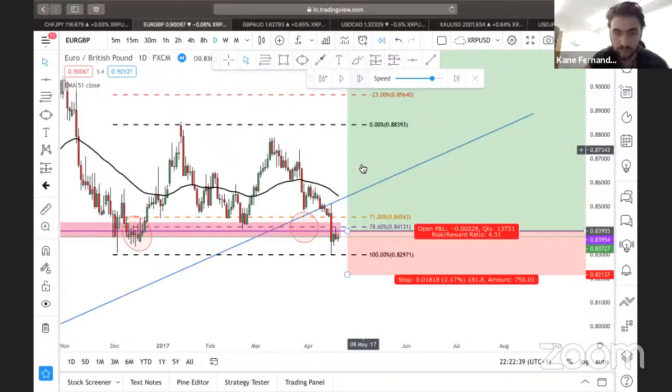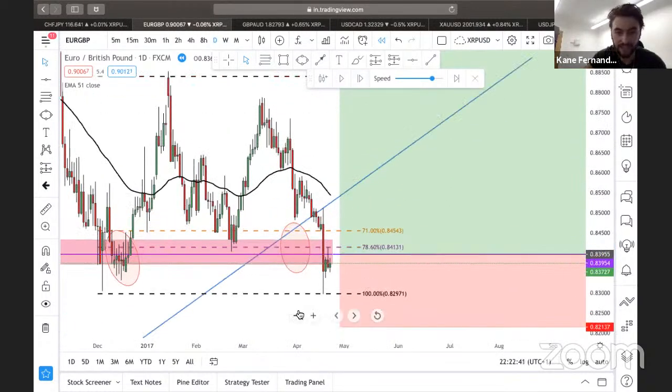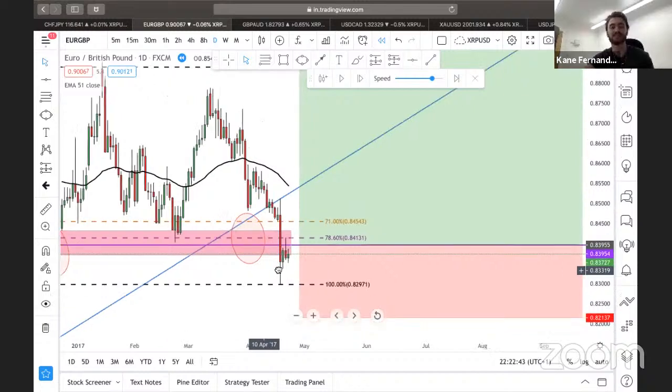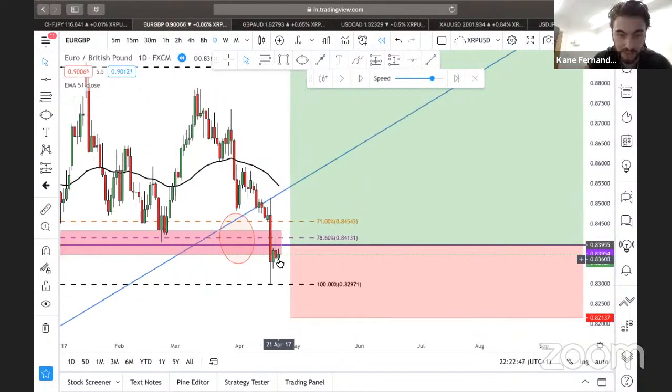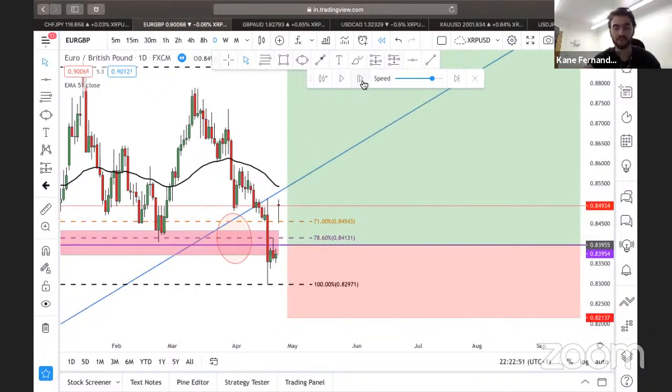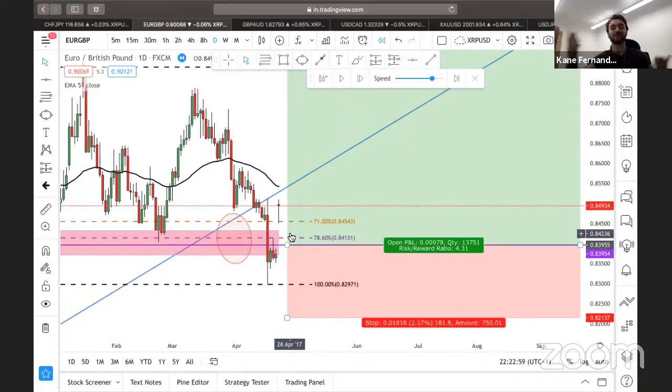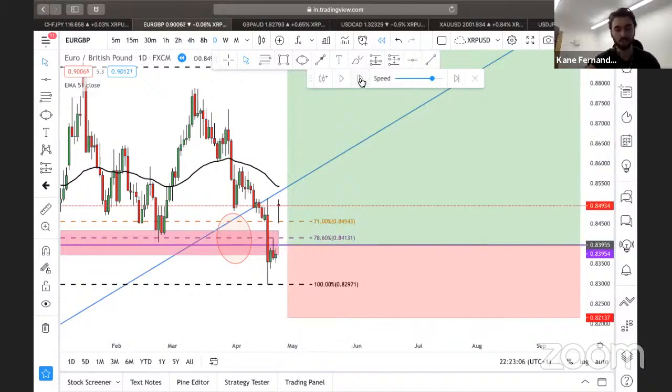Right. So if I zoom in, I'd say it's a bit obviously subjective. Is it a spinning top? Is it a whatever? That's a spinning top to me. So, obviously it gapped on open of whenever that happened. Some news came out, and that's a rejection candlestick. What can I say about that? That's a gap, so this is going to get filled. So it's a bit of a grey area, that.